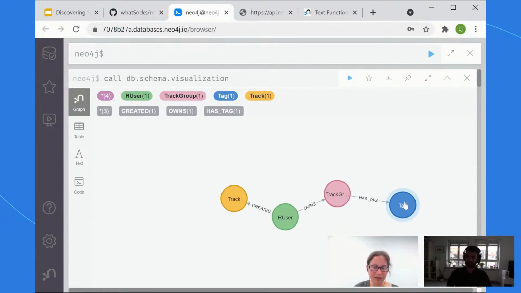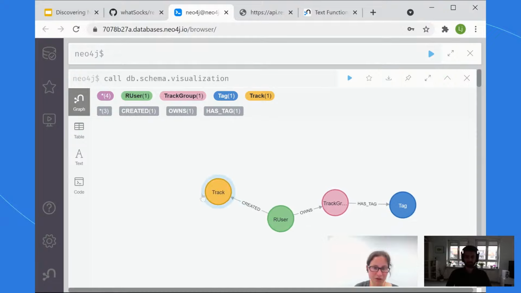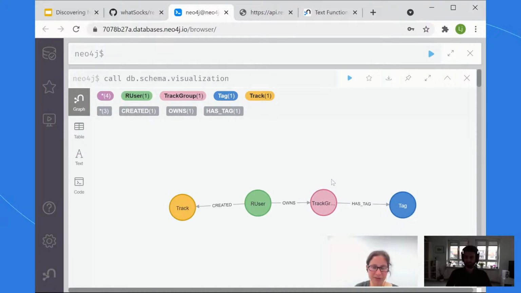So what I want to know is how often, and we're going to have to do this via the track group. So what we want to see is, do tags gather together with the track group? Based on the track group, do we have tags that commonly appear together? So we're going to do a quick and dirty example of this. And what we're going to do is let's just do track group to tag. And let's do match